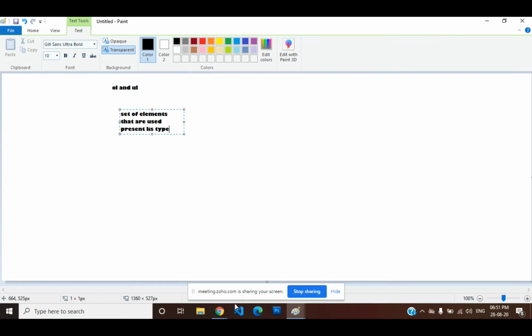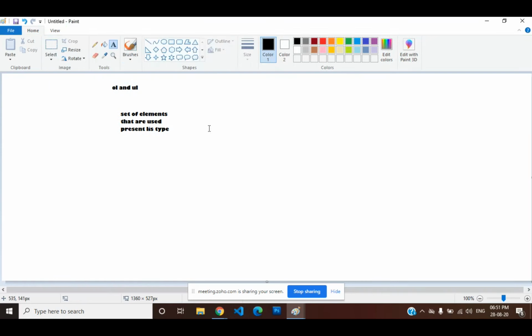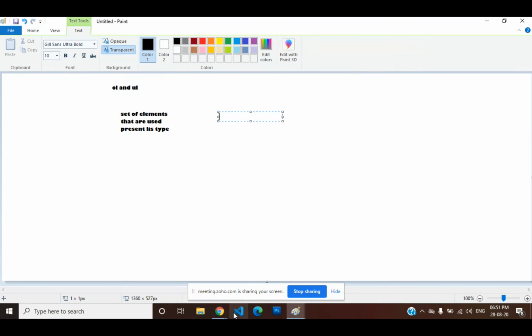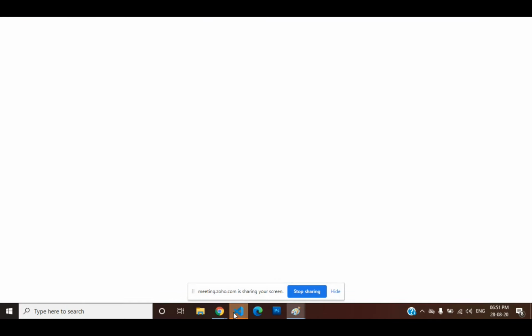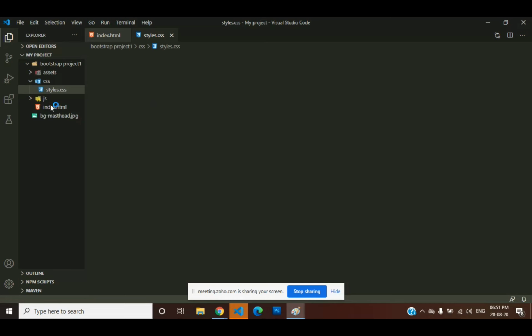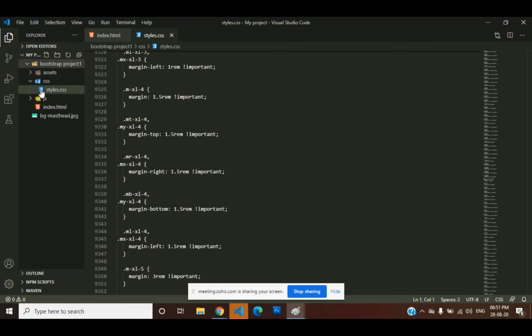Let me take one example for ordered and unordered lists. I'm going to my Visual Studio Code. I'm going to take one new HTML file.